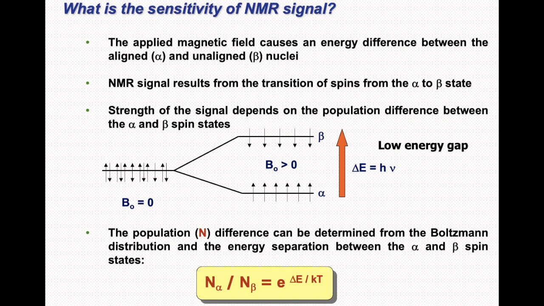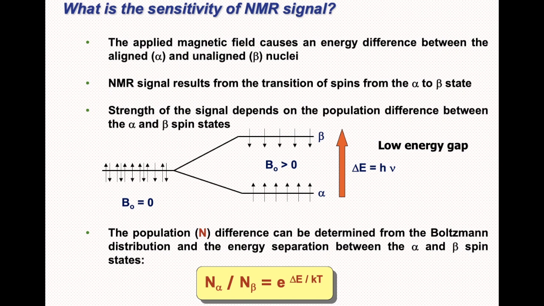Let me tell you once again. NMR is an intrinsically very insensitive technique. This is mainly because, let us take the example of spin-half nuclei, which have two spin states, alpha and beta. We just finished discussing the energy separation between the alpha and beta spin states, and I have already mentioned that this separation is very small, of the order of 10 raised to minus 25 joules.